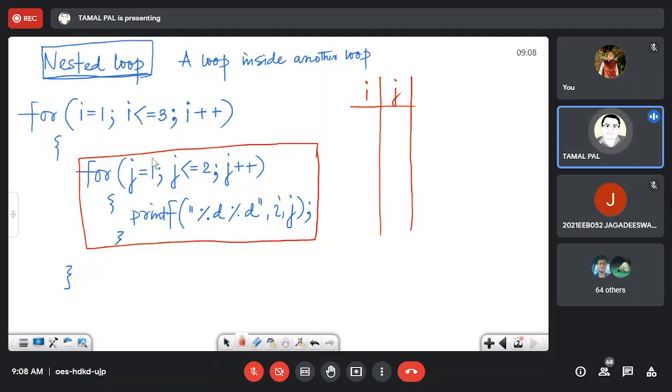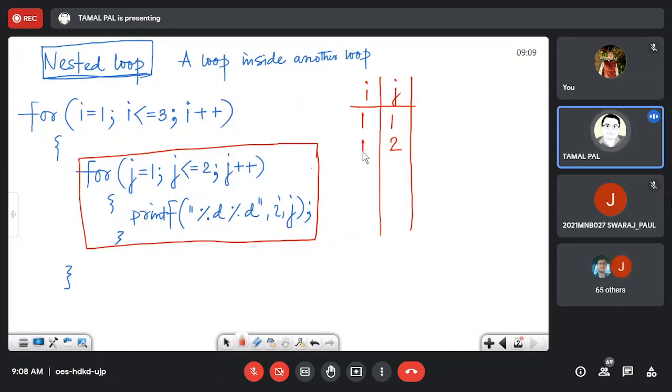Let us examine what is happening when I equal to 1. It enters and this loop runs for 2 times. So when j equal to 1 and j equal to 2, this loop runs.